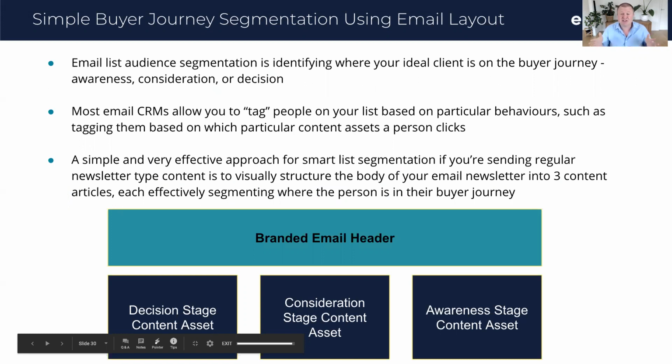If you're doing a regular newsletter to your database, what I would love you to do is just start to lay it out something like this. So you'll have this header at the top of your newsletter that's going out. When you send out that newsletter, have 3 bits of content visible. The first that we've got down here, over on the left-hand side of the page, should be